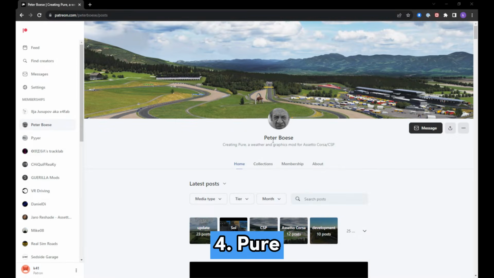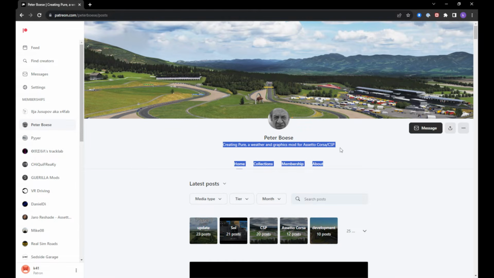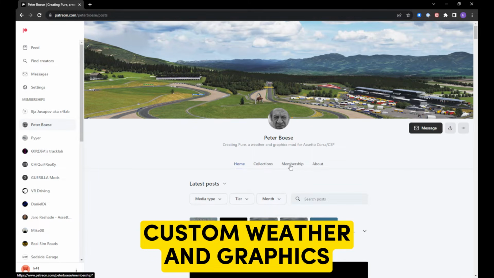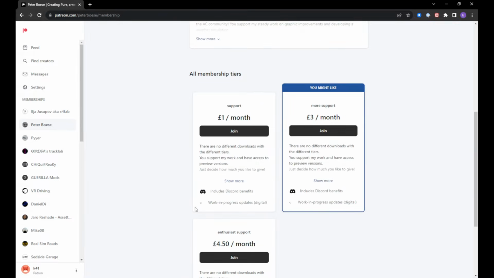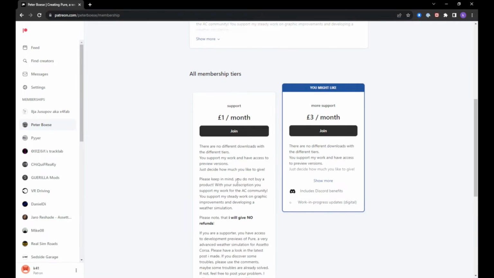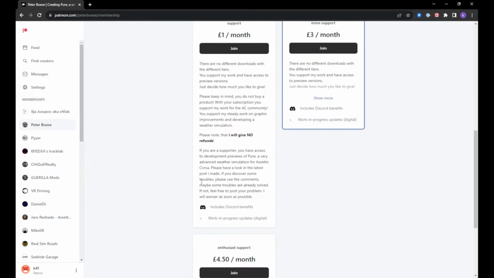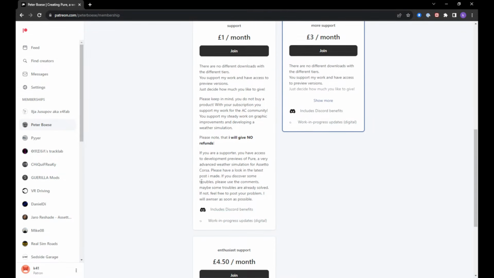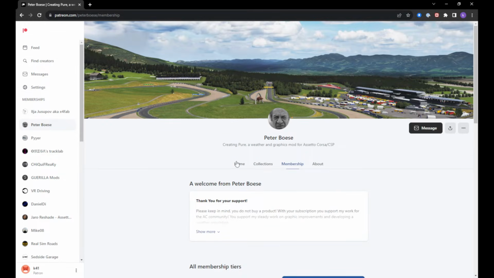Next up is Pure by Peter Bowes, and as we can see here, it is a custom weather and graphics mod for Assetto Corsa. Now, as we click on the membership tab and scroll down, you can see here that the minimum that you can pay is £1 a month, just over $1 US dollar a month. So once you've joined Peter Bowes' Patreon site, what you're going to do is scroll down to